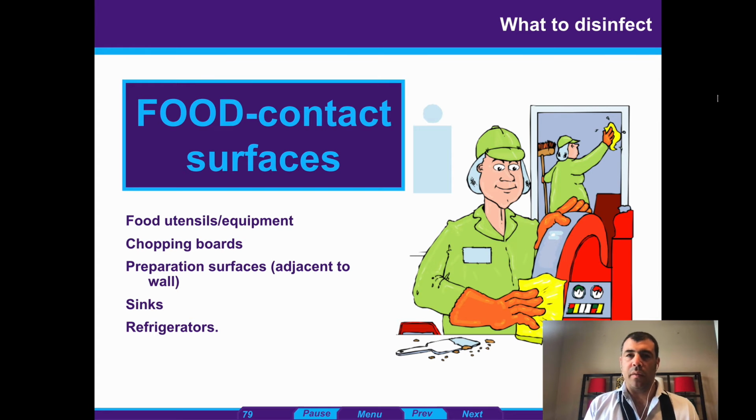When you are using heat, for instance a dishwasher, you need to make sure that the temperature of the dishwasher reaches 82 degrees at least. This is also something that inspectors love to check. They will verify the temperature of your dishwashers. In the event that the dishwasher doesn't go high enough to disinfect, you will need to use an additional product to disinfect the items. Bear in mind that some things disinfect themselves on their own. For instance, a frying pan: its own heat will disinfect it.